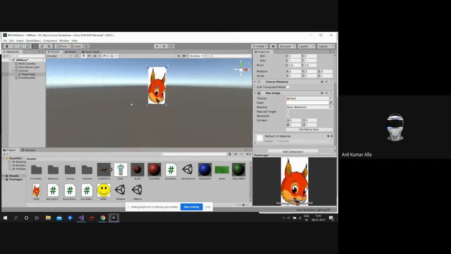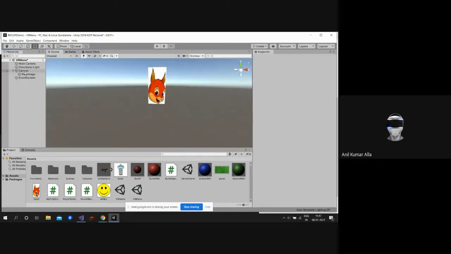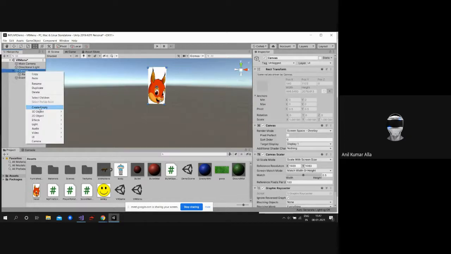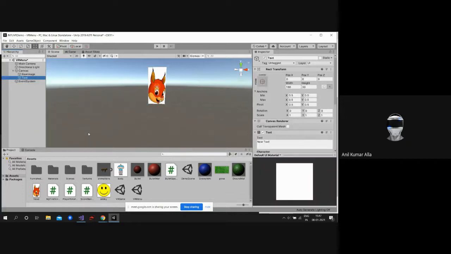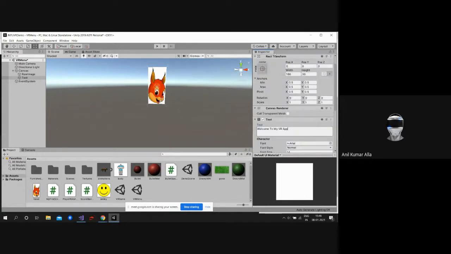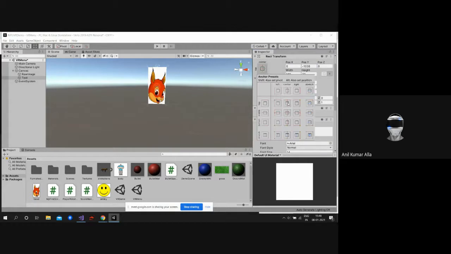So this is my background. So in this canvas now I try to create a text saying that welcome to my game. So like this. This is a welcome text. Welcome to my VR app. So now I just want it somewhere in the top center. So I press Alt, I'll put it here,